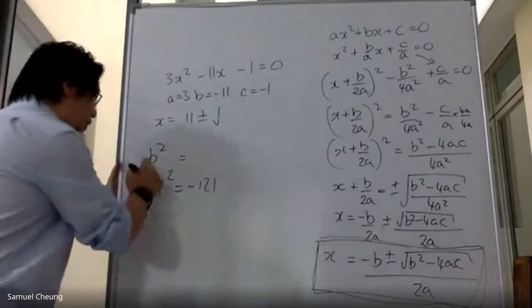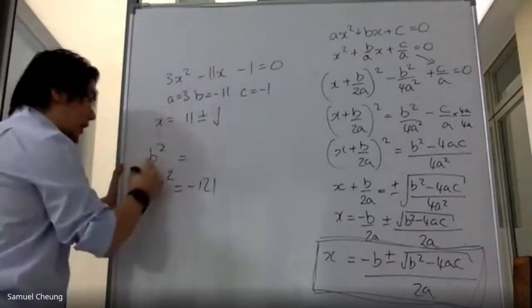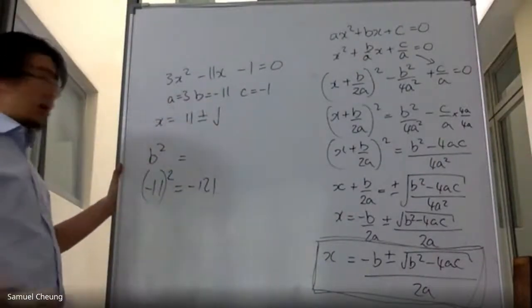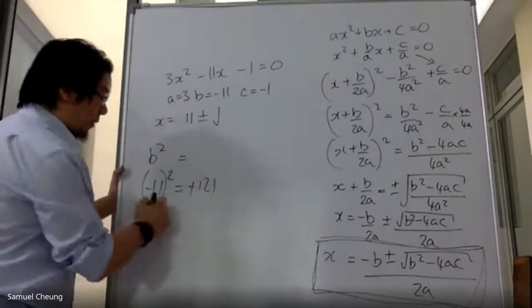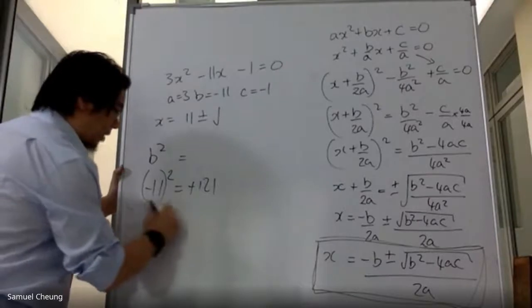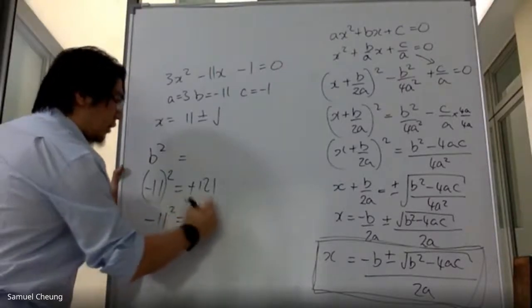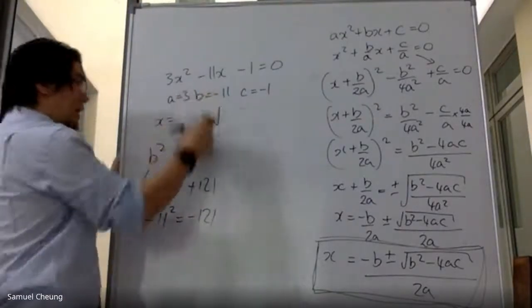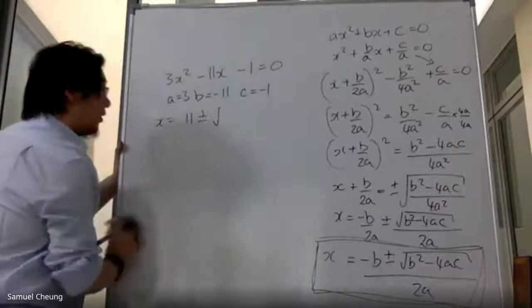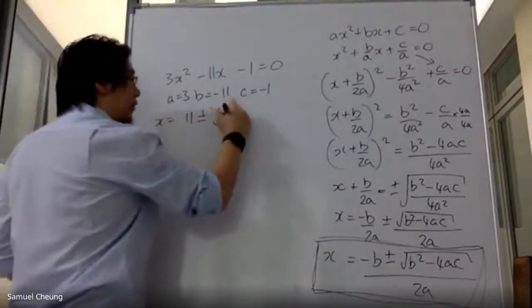Because what you're actually doing here with b squared is you're squaring the minus 11, which gives you a plus 121. So be very, very careful when you put this into your calculator. If you put minus 11 squared into your calculator, you'll get minus 121, which is not what is going on here. We are squaring the b. So what we get is a positive 121